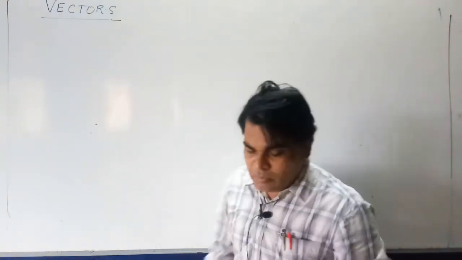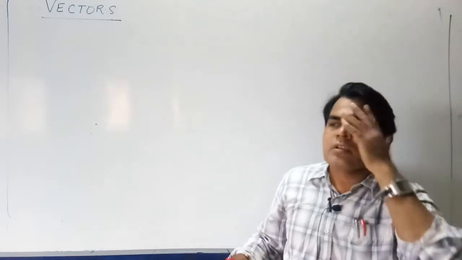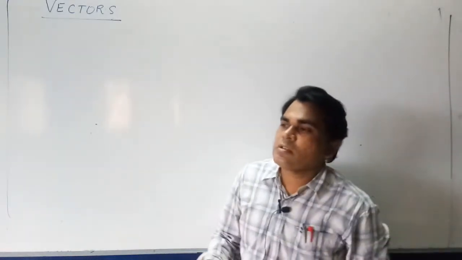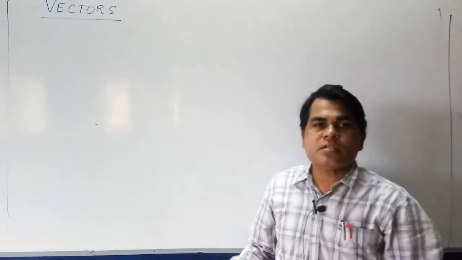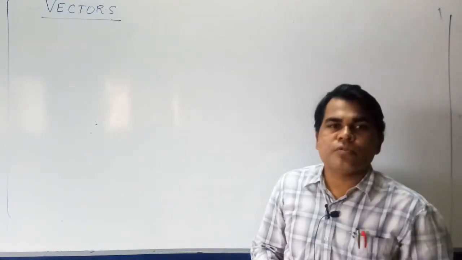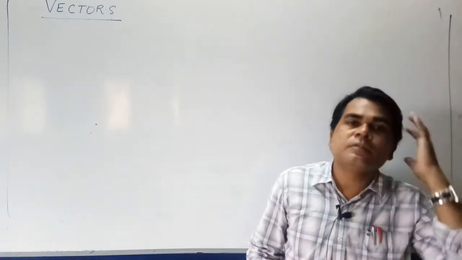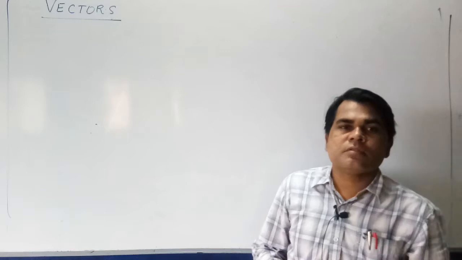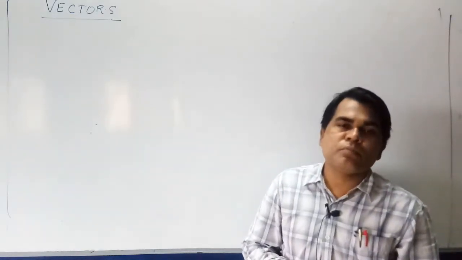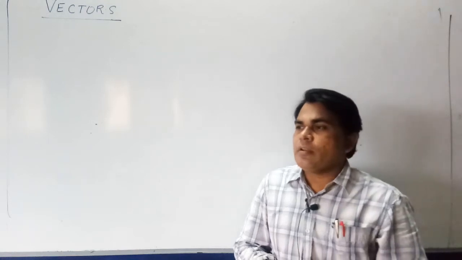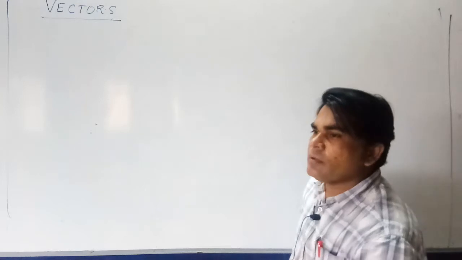We are talking about vectors. So far we have discussed the types of vectors, in which we discussed how a vector is denoted. It is denoted by capital letters, sometimes small letters are also used to denote vectors. Second, among the types of vectors, we have discussed the position vector, and a position vector can also be denoted in terms of the